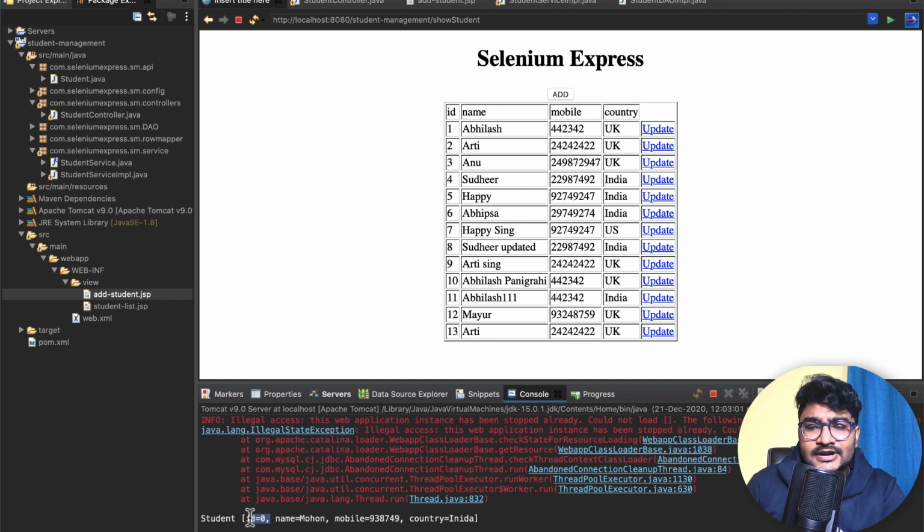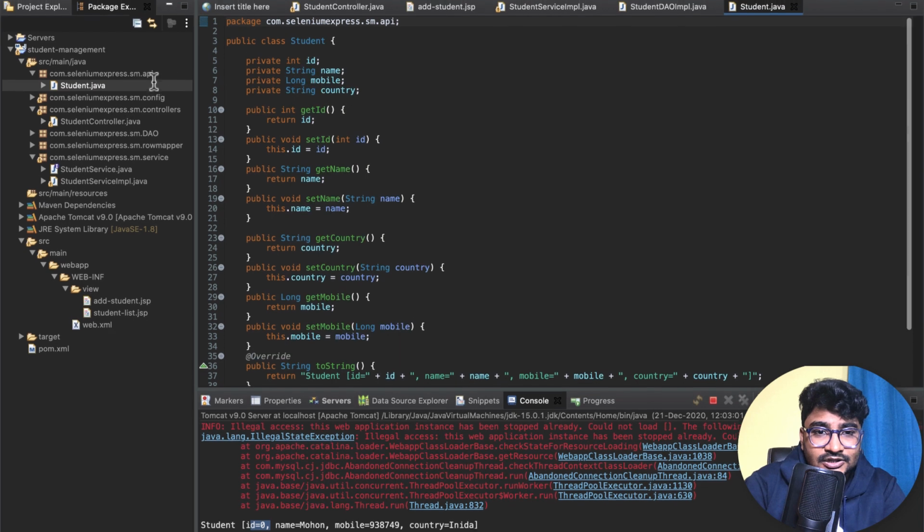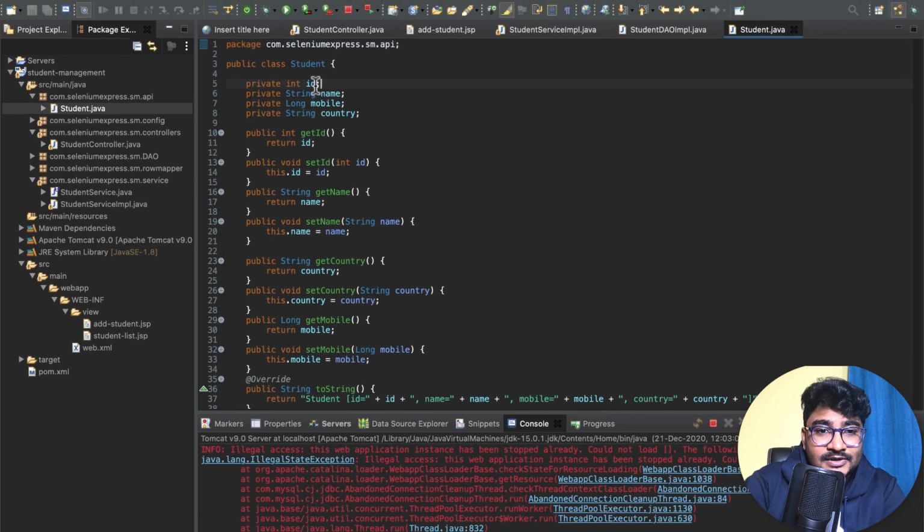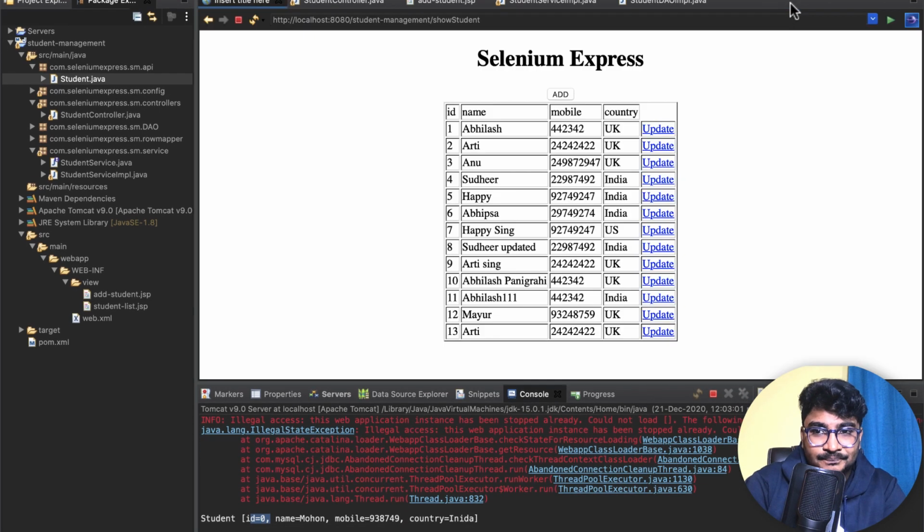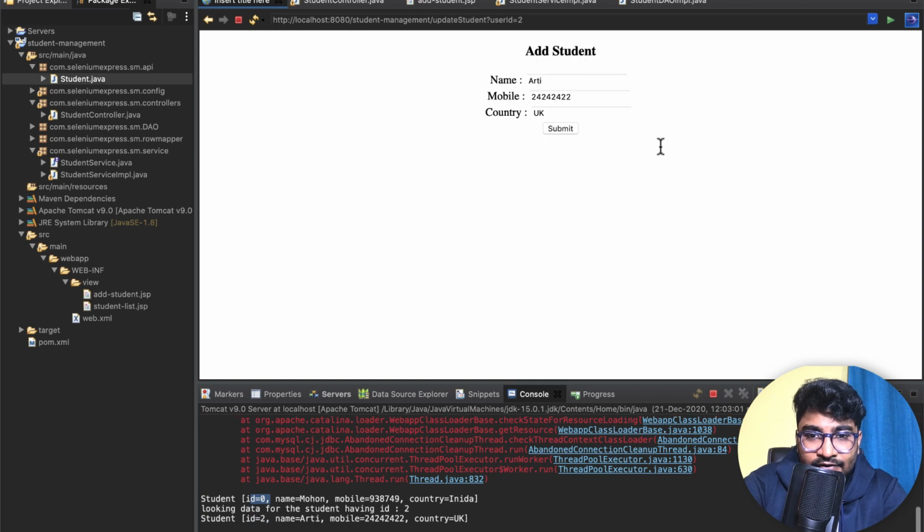We do not want our user to insert the ID. That's why the default value of the ID is 0. If I go to student, the ID default value is 0 because it is of int type. If you want to make it null, make it Integer type. Anyhow, the ID default value is 0, so we don't care about the ID because we are going to auto increment it. But hold on, whenever we click on this update button, now we expect that when we do submit,